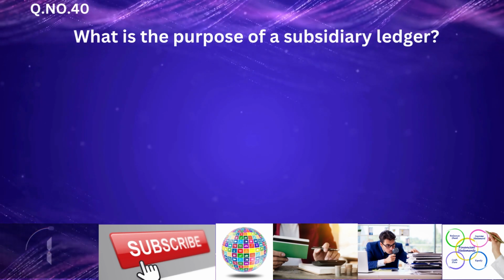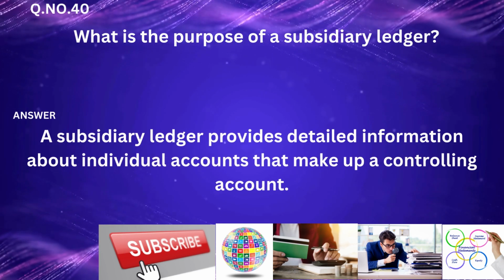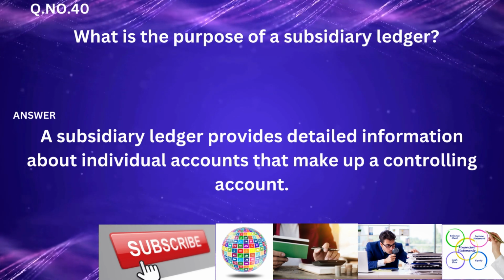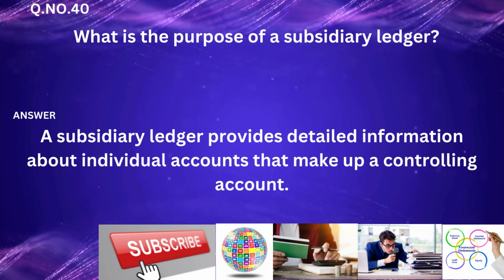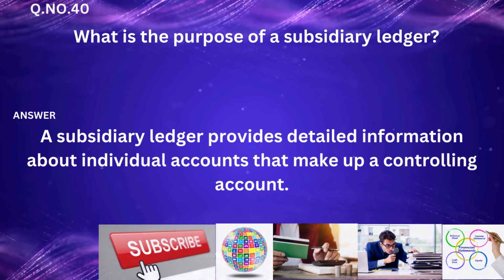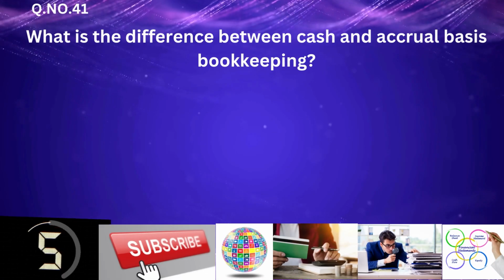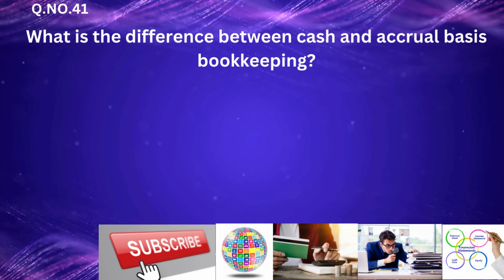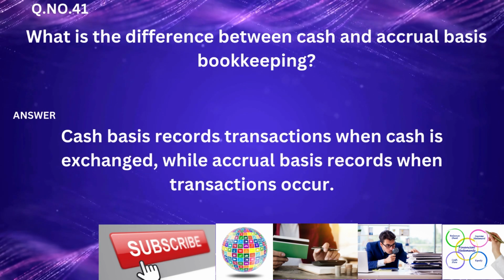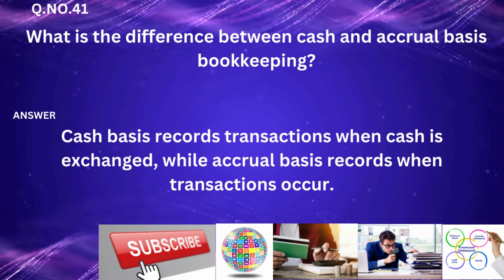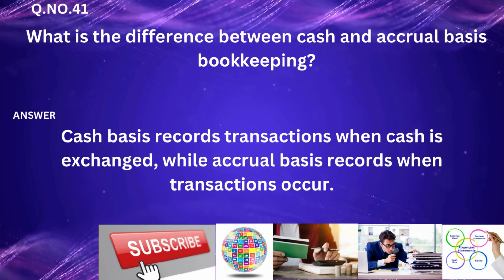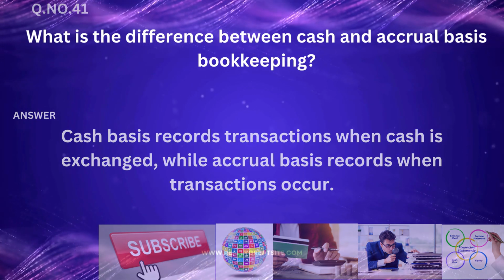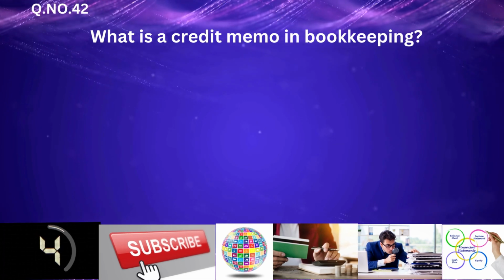Question 48. What is an audit trail in bookkeeping? Answer: an audit trail is a record of all changes to financial data to ensure accuracy and traceability. Question 49. Explain the term book value in accounting. Answer: book value is the value of an asset as it appears on the balance sheet, often based on historical